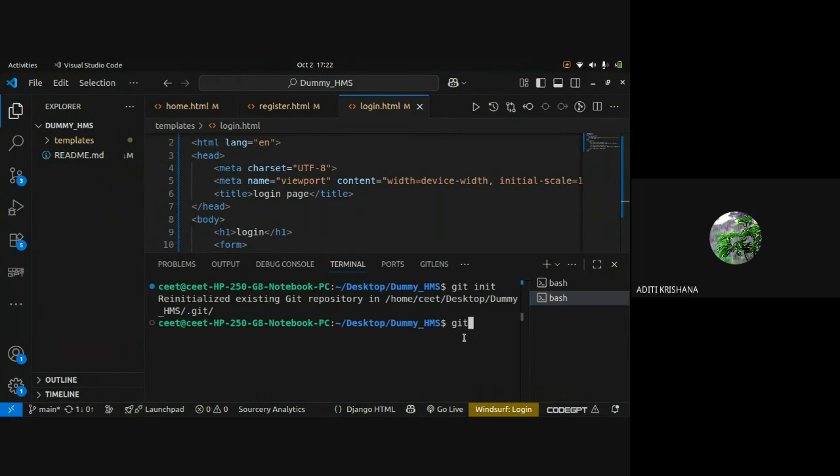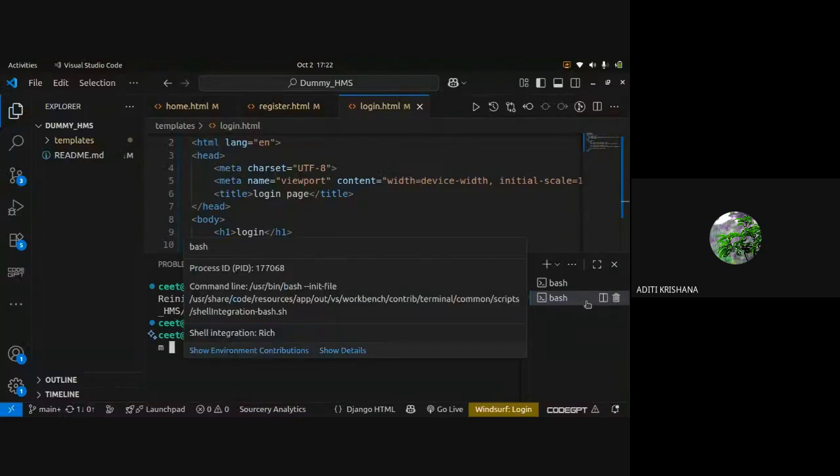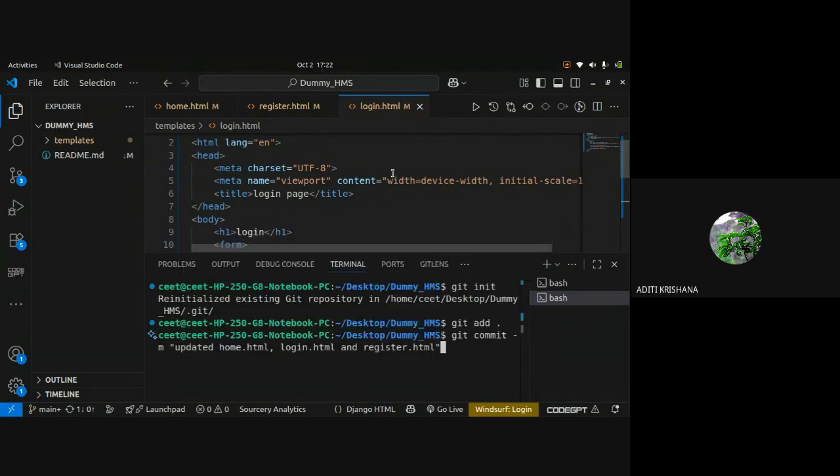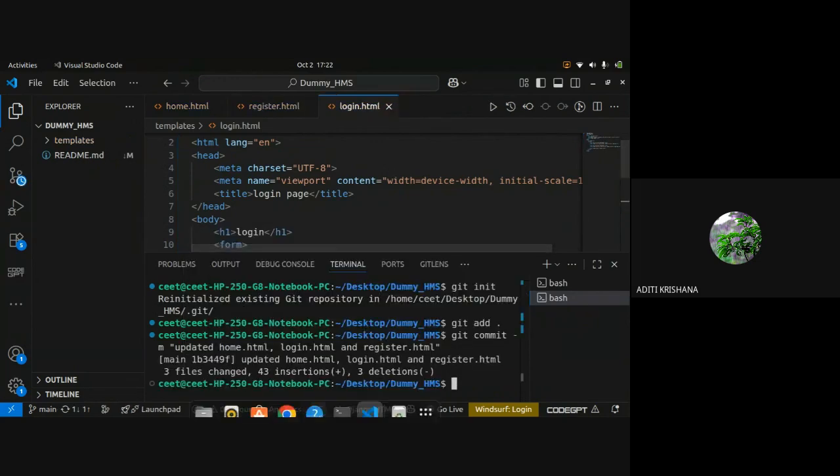Now I am writing git add space dot, then the commit message, git commit -m "updated home.html, login.html and register.html". Hit enter.